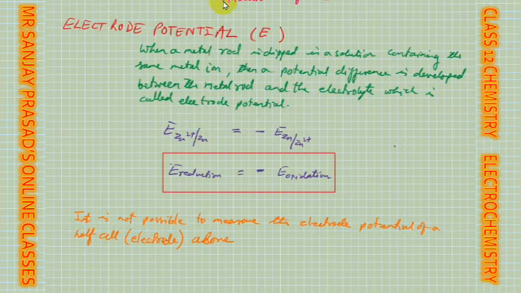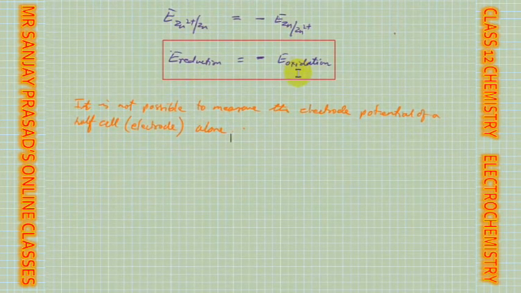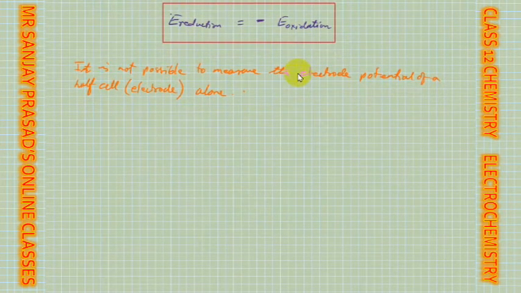Okay, if it is connected to another half cell, then in a galvanic cell, we can find the potential difference. But if it is alone, a single half cell you are taking, then in that half cell we don't know the electrode potential. There's no way you can measure the electrode potential. Clear? So to measure it, we have to complete the galvanic cell, isn't it? So to know how to calculate this, we'll complete the galvanic cell.